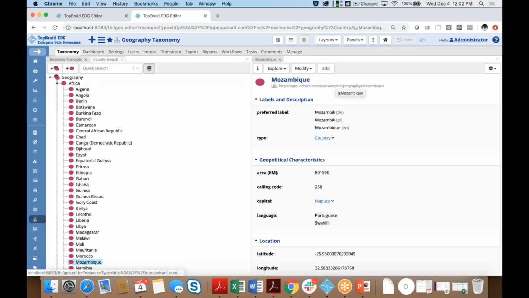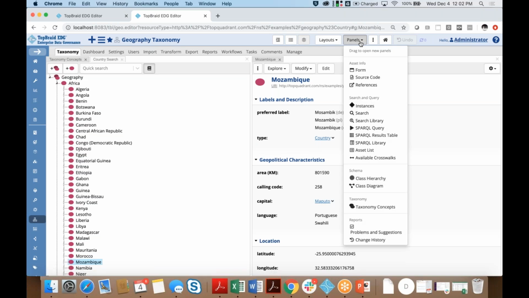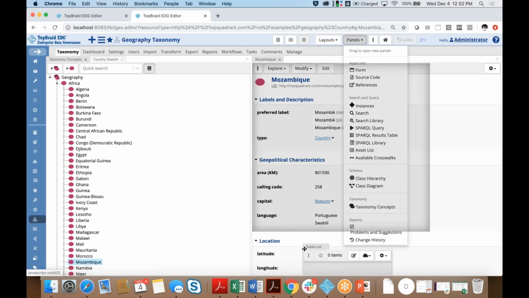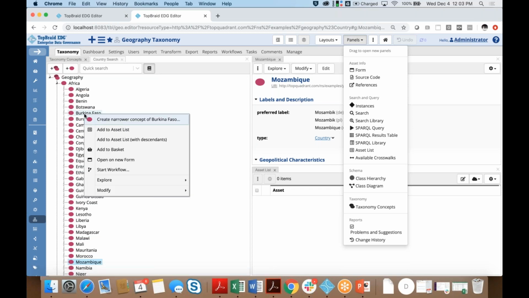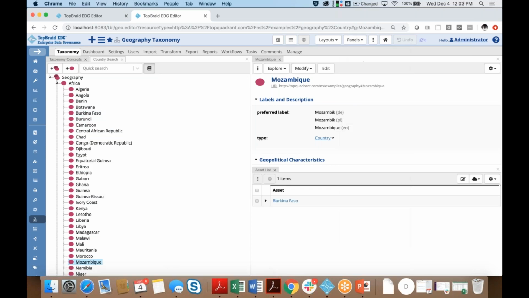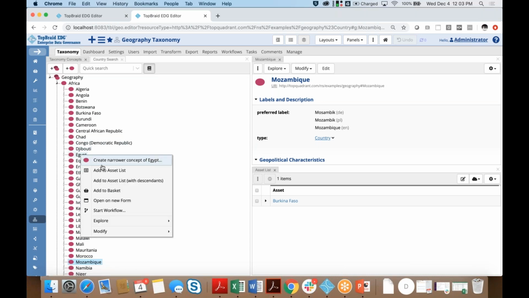I'll show you another panel that will be useful in terms of introducing a useful feature, and that has to do with asset lists. So you may have noticed as I was right-clicking that there is a way to add to an asset list. And what asset lists do is they let you build basically a list of favorites or a list of things that you want to work with, or you want to